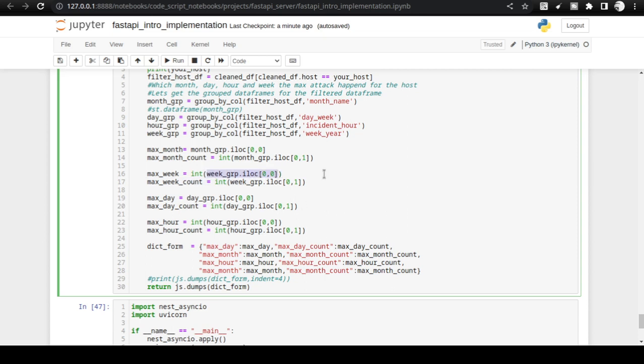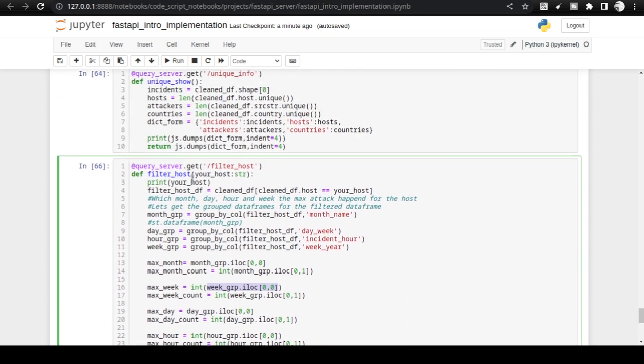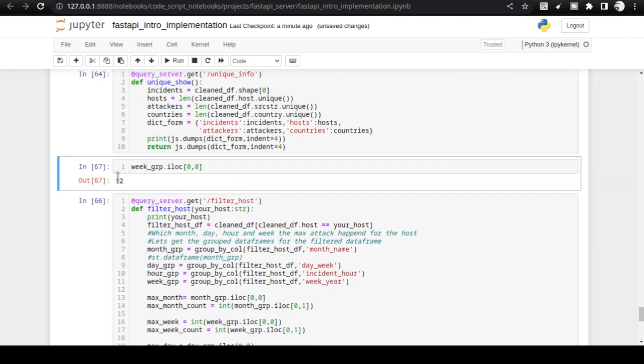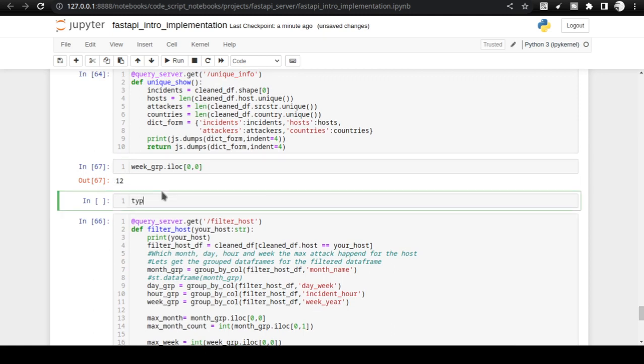If you go up and take a look at this value, there's an example of this. You will see the value is 12, and if I take a look at the type of this, you will see that it is, wait a minute,